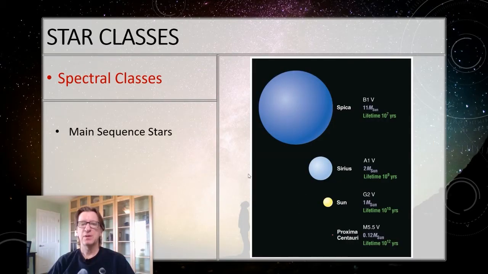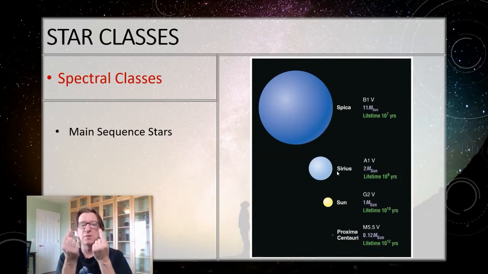Okay. Sirius, which is the brightest star in the sky, is an A-type star. Now, it's not as luminous as Spica. So why is it that Sirius is actually brighter than Spica? Well, it's closer. Do you see that? So how bright it seems to your eye depends upon the distance. But in reality, Spica is actually brighter than Sirius.